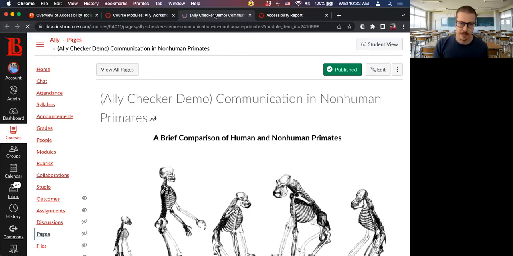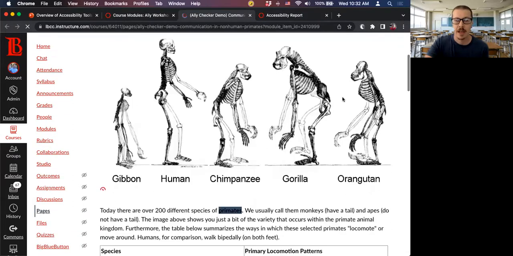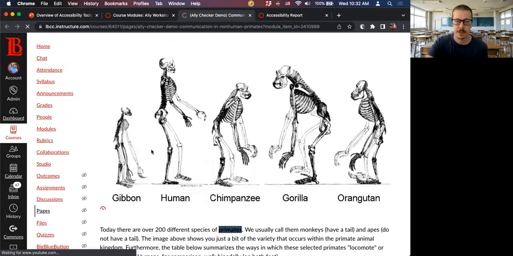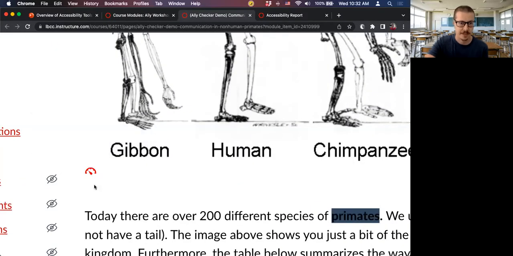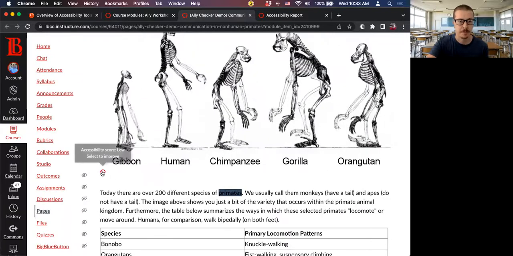All right, so take a look. A little bit of anthropology fun for you all today. Ally looks at this page, and right away, when you have an image, such as this one, for example, you might notice a little symbol down here. Looks like a speedometer or a fuel gauge. And if you hover over it, a little text box appears. It says, accessibility score low, select to improve. And clicking on that symbol